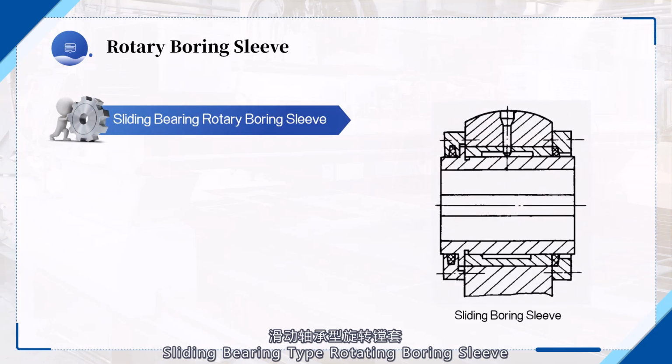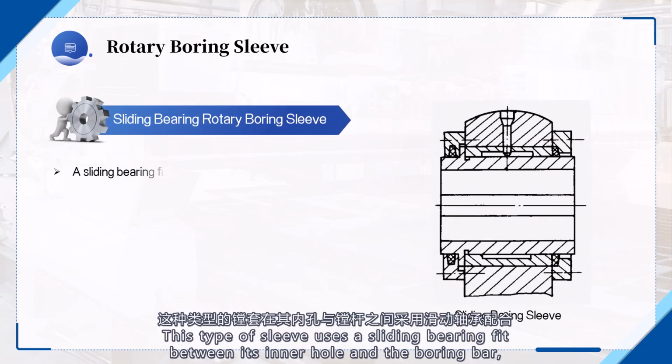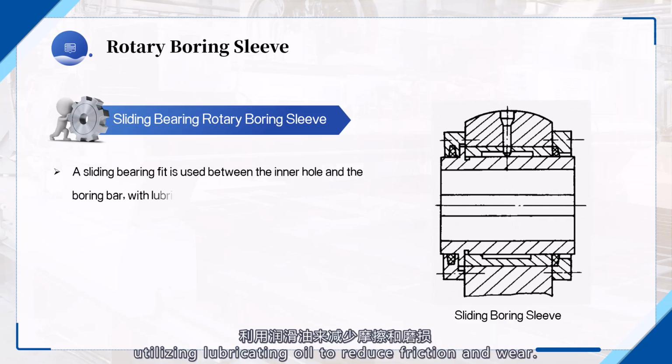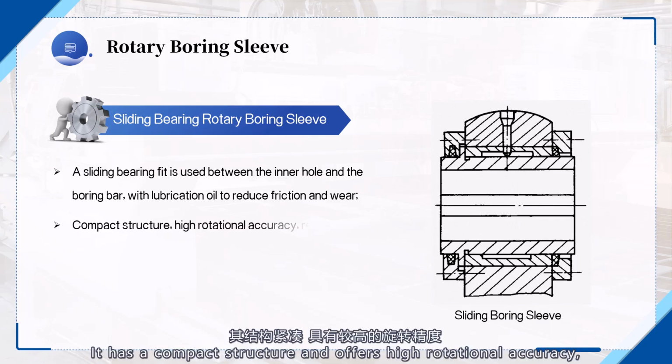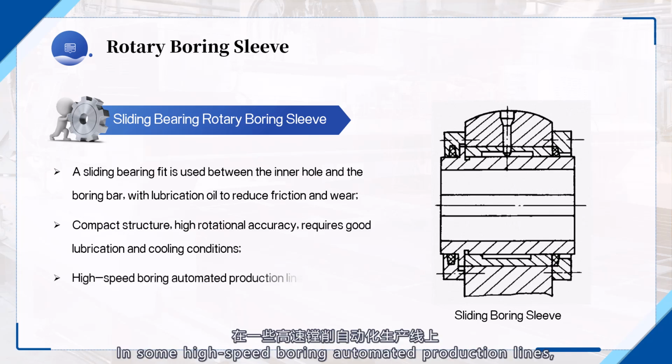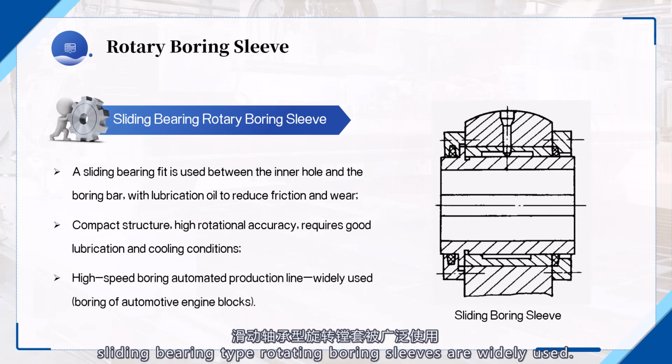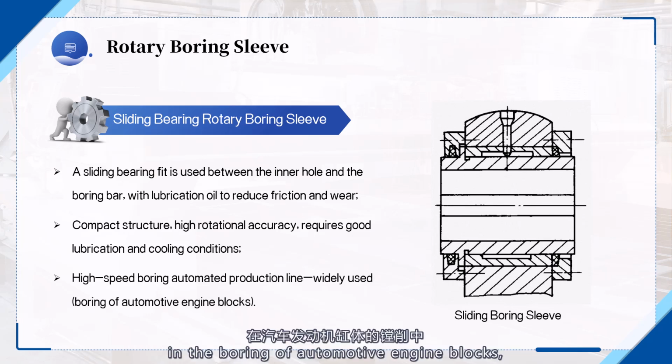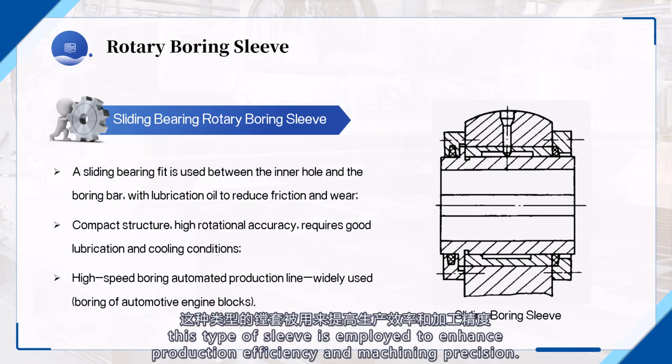Sliding bearing type rotating boring sleeve. This type of sleeve uses a sliding bearing fit between its inner hole and the boring bar, utilizing lubricating oil to reduce friction and wear. It has a compact structure and offers high rotational accuracy, but it requires good lubrication and cooling conditions. In some high-speed boring automated production lines, sliding bearing type rotating boring sleeves are widely used. For example, in the boring of automotive engine blocks, this type of sleeve is employed to enhance production efficiency and